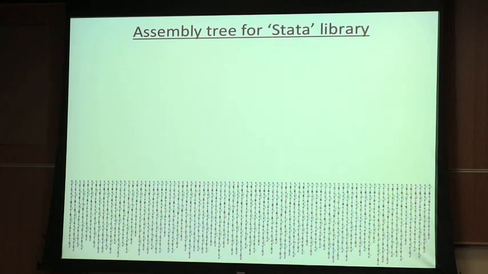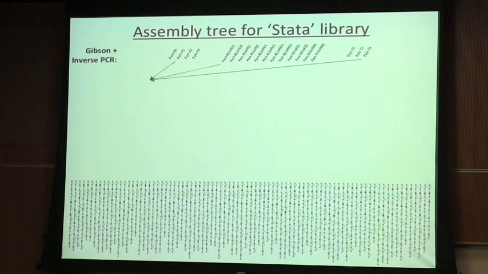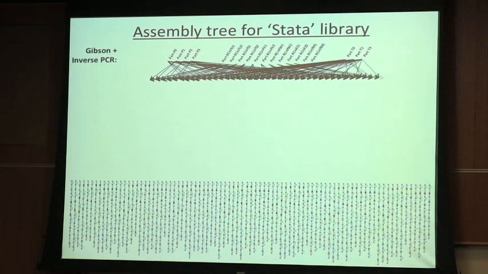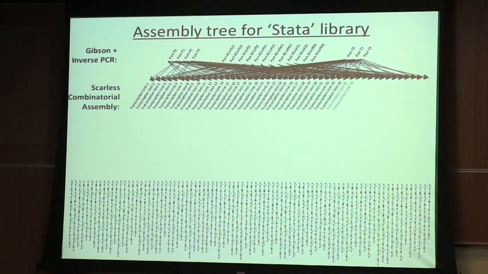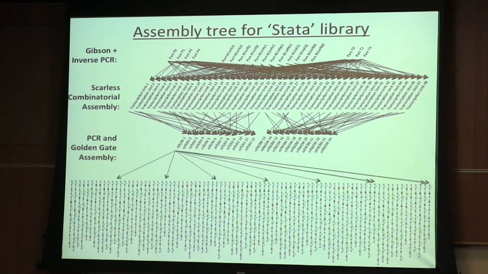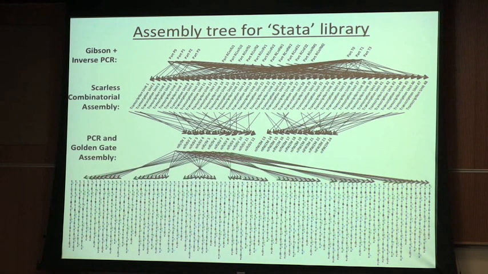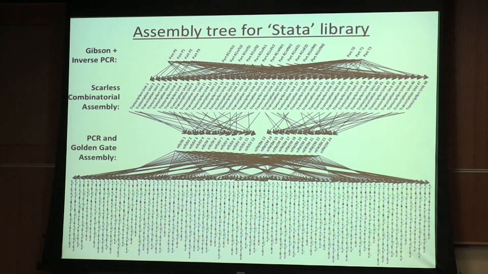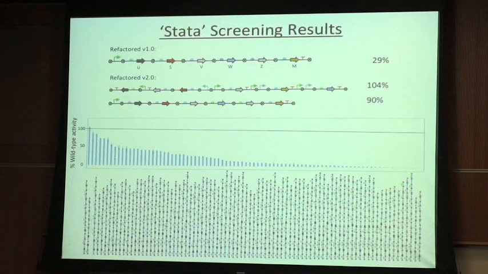There's a bunch of constructs that get designed, and then this has to turn into an assembly map that takes small pieces of DNA and then combines them into transcription units, into bigger pieces of DNA that get physically combined. And this is all done in parallel, and a lot of the software is trying to figure out the optimal way to get the final set of units of DNA with the smallest number of combinations of parts that you have to do. So we then screened this particular library, and we found that the top hit was really surprising